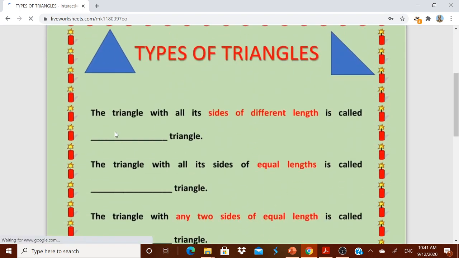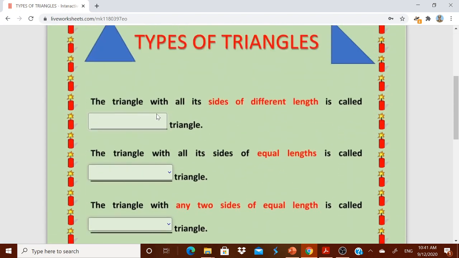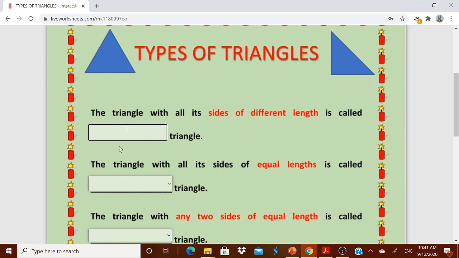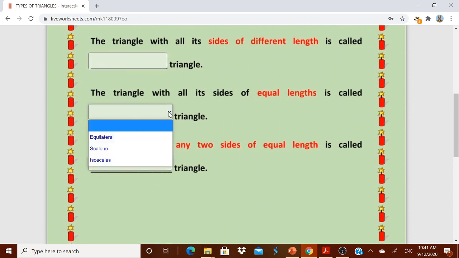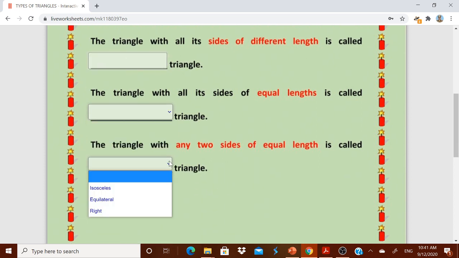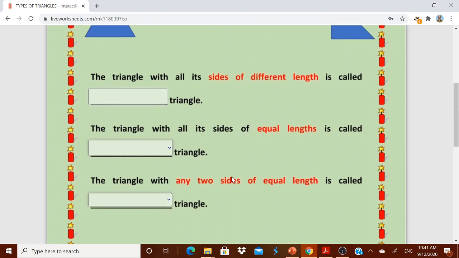You see, the worksheet has been opened now. Now you see, the child has to simply type. Here you see a drop down is coming. Here a drop down is coming. Here also a drop down is coming. Highly interesting. Now, how to send it to the students and how they will send it back to you has been discussed in the previous video itself. The links of the previous videos are already there in the description box of this video.